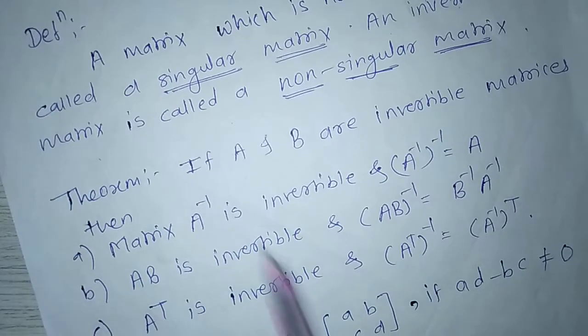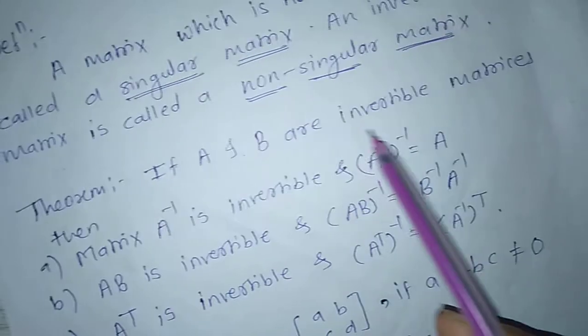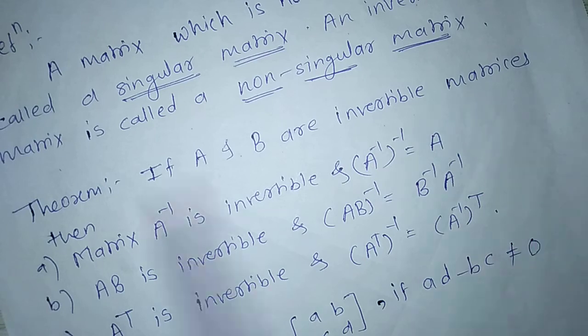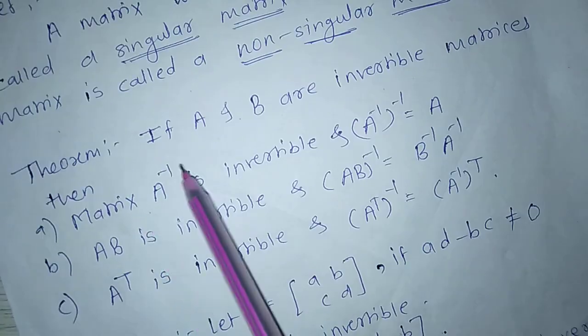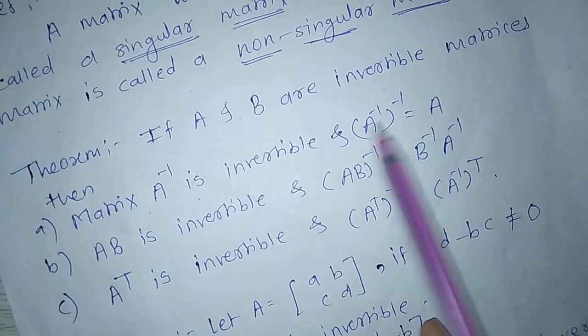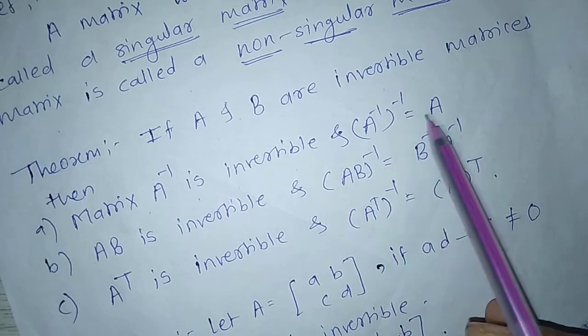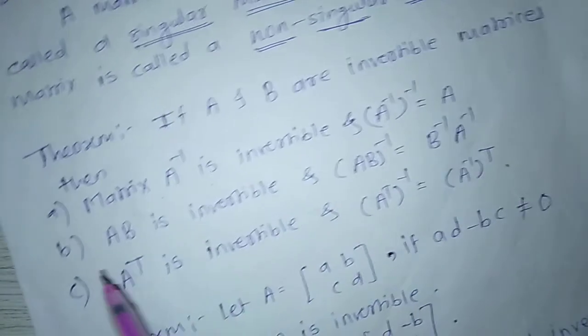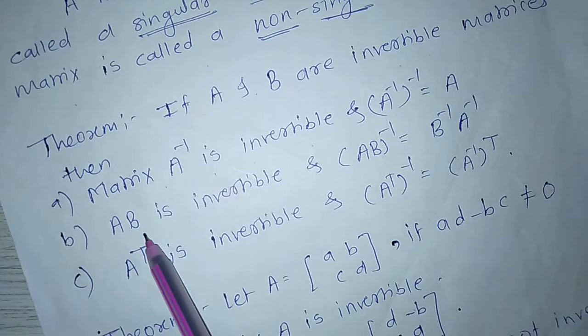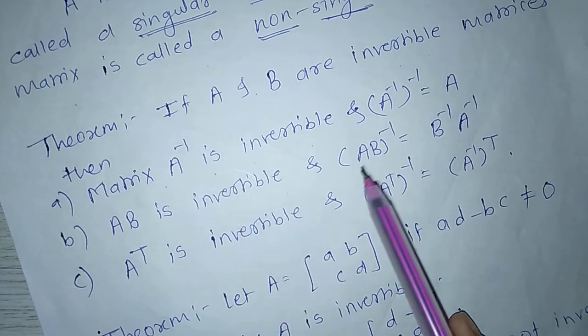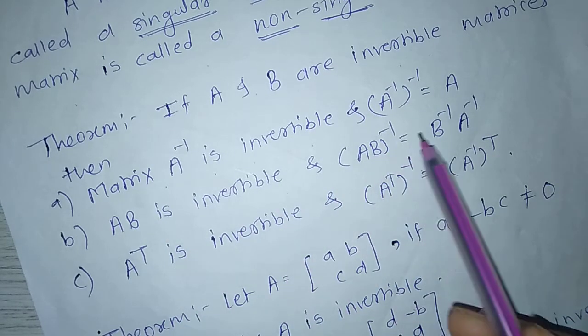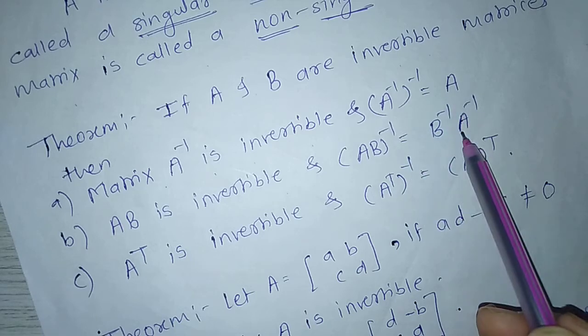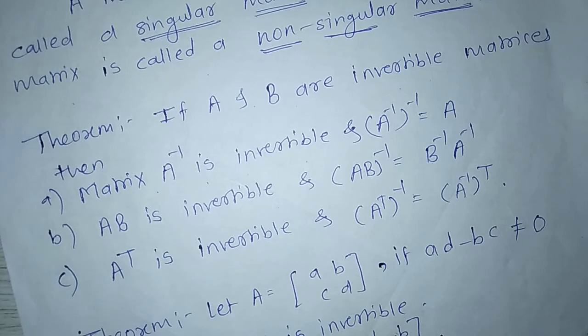Next theorem: if A and B are invertible matrices, then first, matrix A inverse is invertible and inverse of A inverse equal to A. Next, A into B is invertible and inverse of A into B equal to B inverse into A inverse. How is it possible? Because